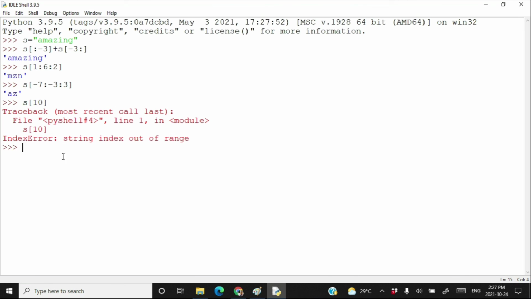But at the same time, if you try to slice a string starting from 2 up to 10, then this is not going to throw you an error. It will start from index number 2 and take everything after that. Even if the last index is only up to 6, in this case it will not throw any error. It will start from 2 and go up to the character at index number 6. So hopefully you are getting the concept of string slicing.